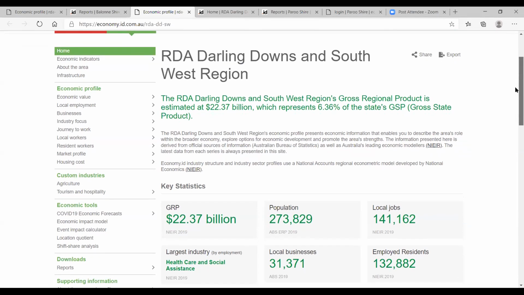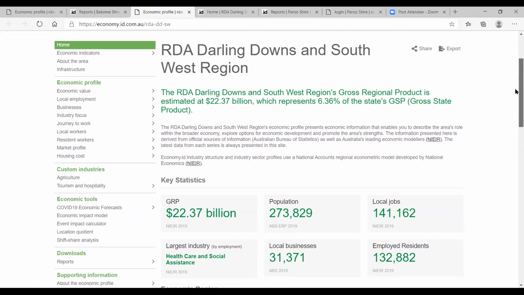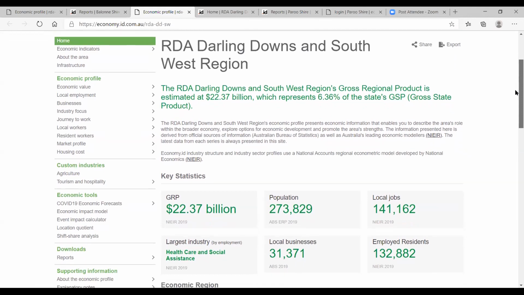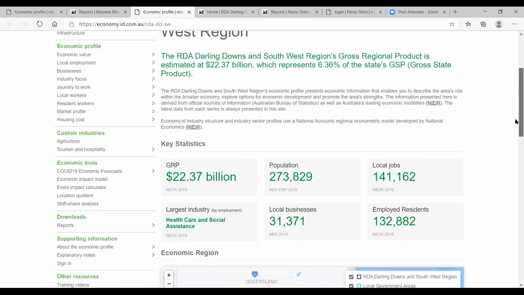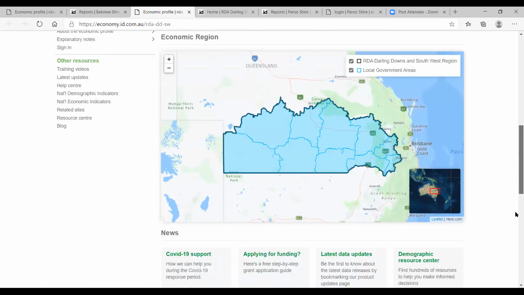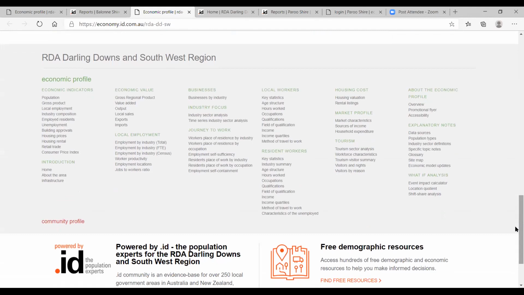Okay, so I'm going to take you through this profile in a roundabout way, because I want to show you the areas that I think are the most important for you guys to have an understanding of. Once again, down the bottom, there is a menu of items. Now there's over 1,200 pieces of data in this tool. So it's important to really stay focused on what you need and think about the question that you're trying to